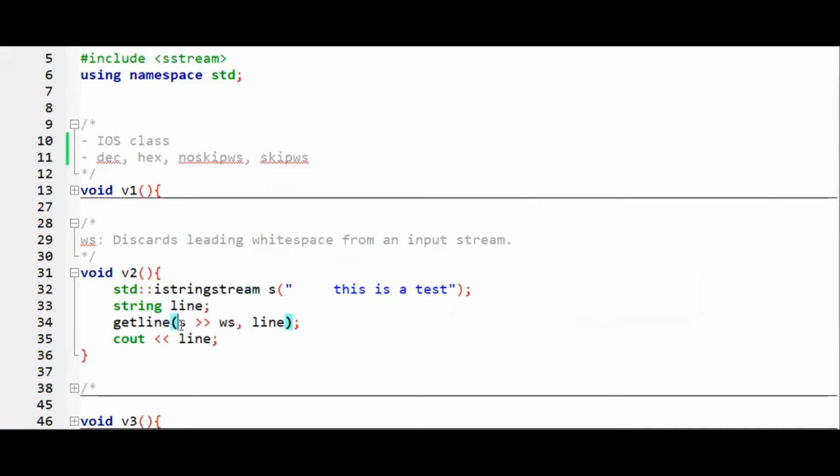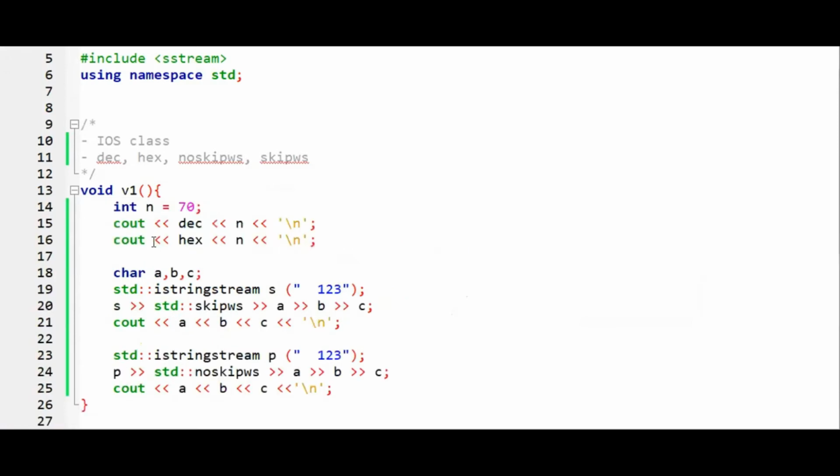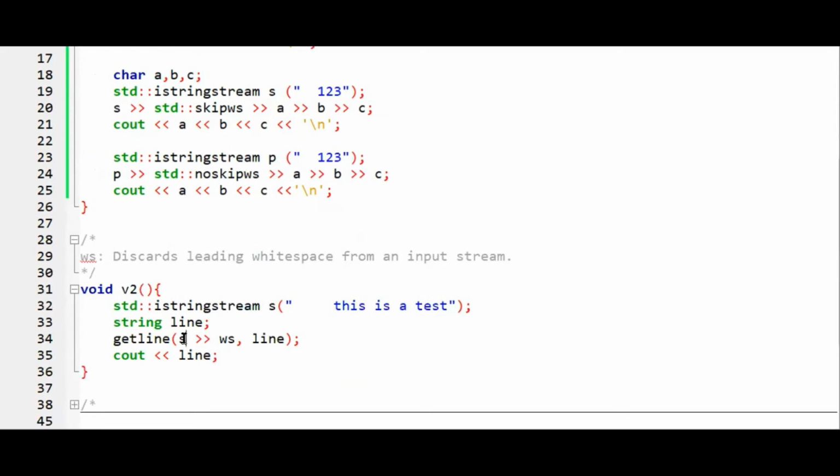So we are taking this string stream, and this function is equivalent to your cin.